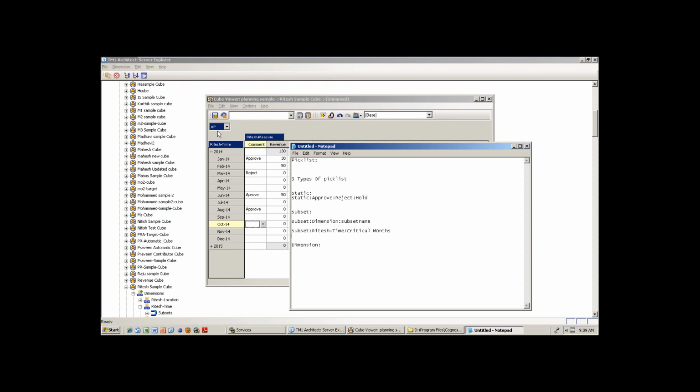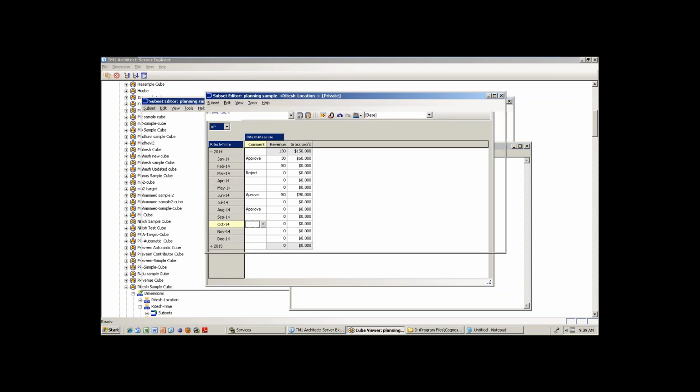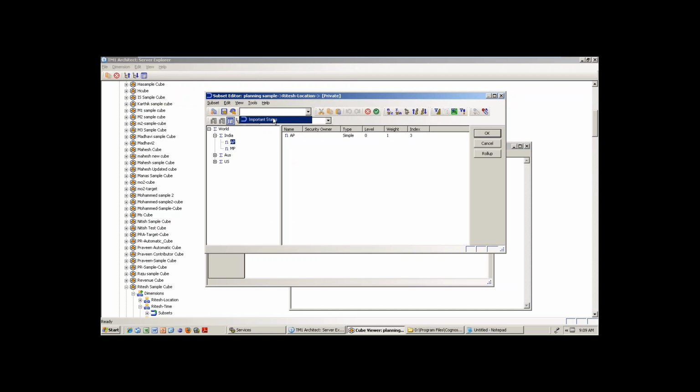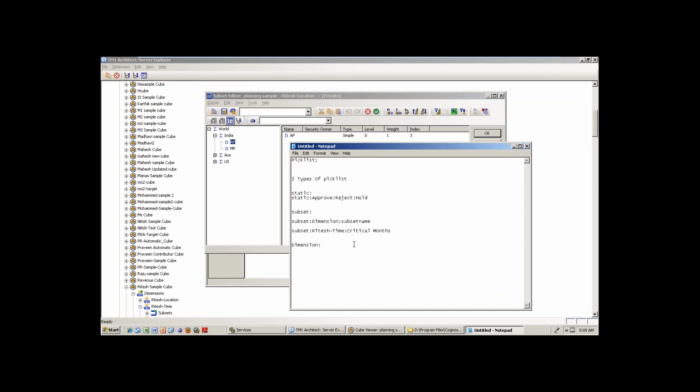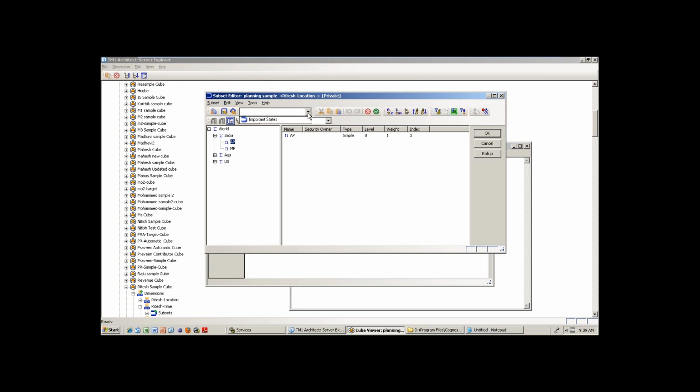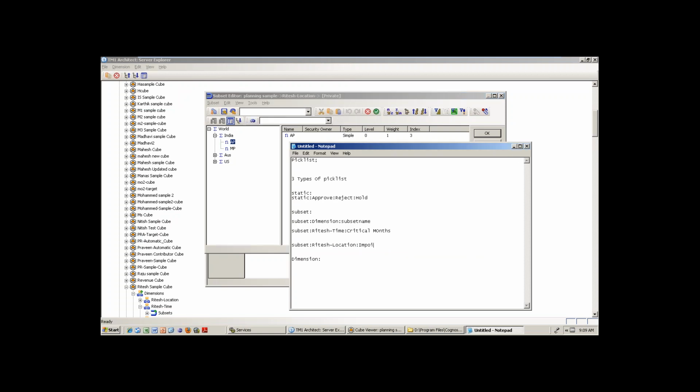Yes, Ritesh. So, for example, you are asking about this, right? For example, here, what are the things there? Important states, right? You try to write the same thing. So, Ritesh location. But please spell it out correctly, otherwise it will not work. So, what is the name of important states? Okay. Take this one and go to the same thing.